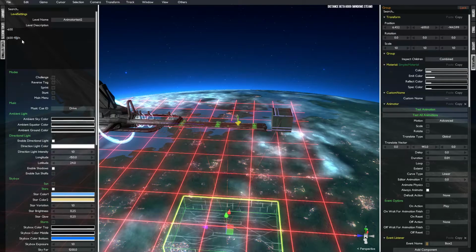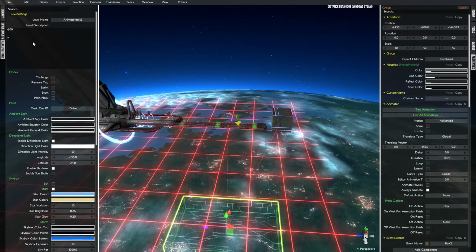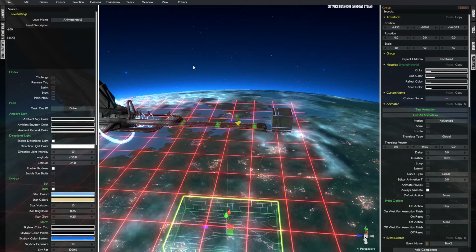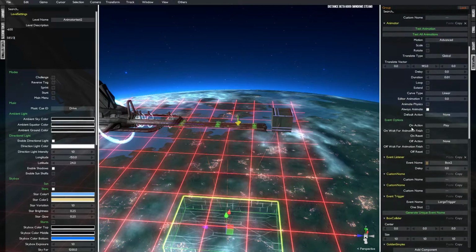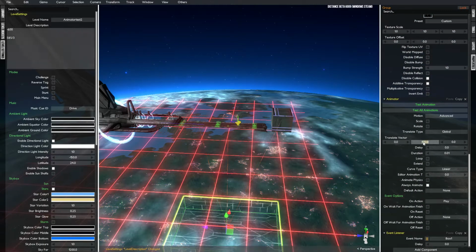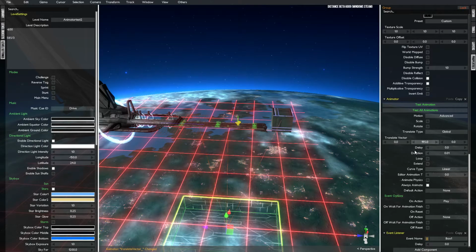And then 600 minus 15 is 585. And divide by n, which is 3. Not 0.3, 3. 585 divided by 3. So let's just come down here and change all of our translate vectors to 585 divided by 3. And you can do quick math like that in these